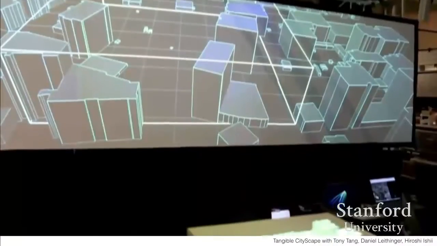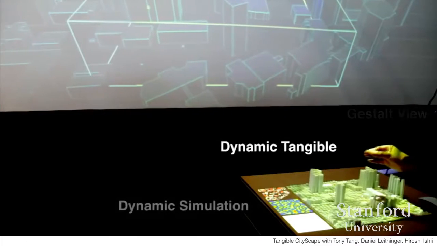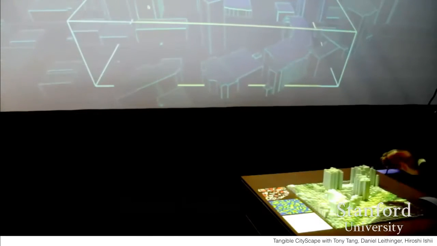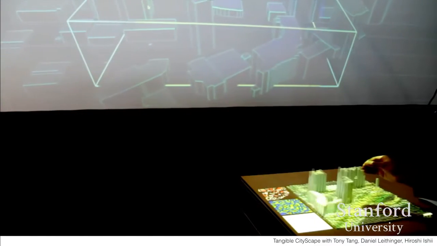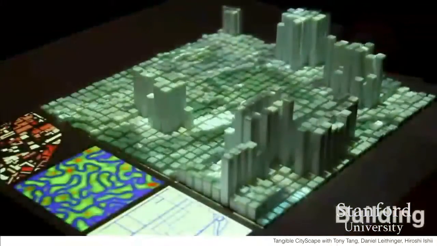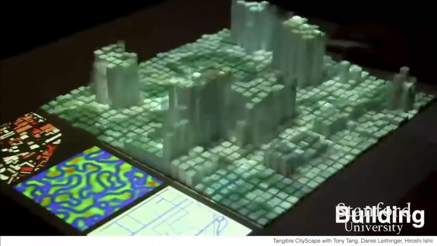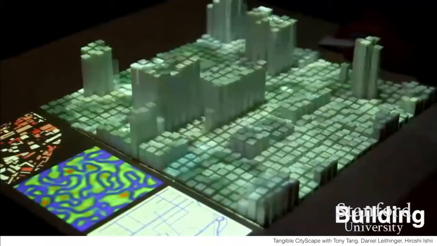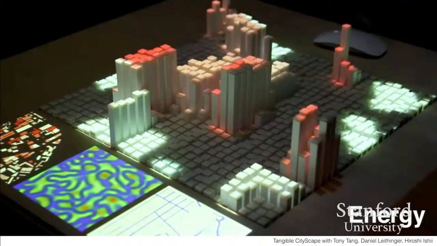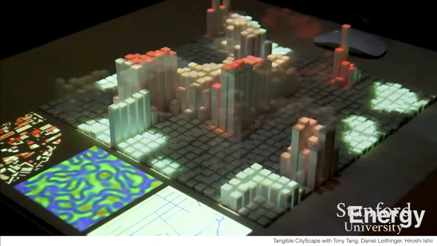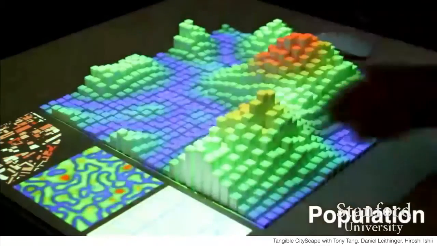So Tony Tang, who is a master's student at the Media Lab, worked with Daniel and I to create this system called CityScape, which allows urban planners to have a physical model of their city. And now, as opposed to having this static physical model that they build, they can move around it. And then it can also become dynamic. So you can manipulate the buildings physically, but you can also look at different data sets and view those as